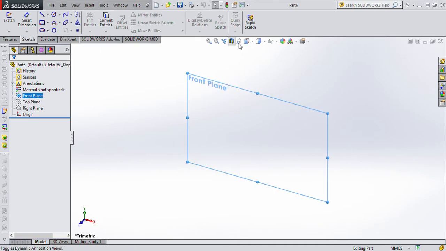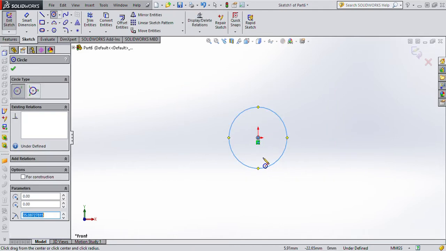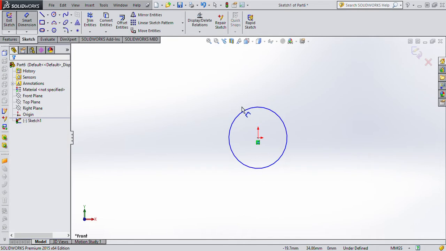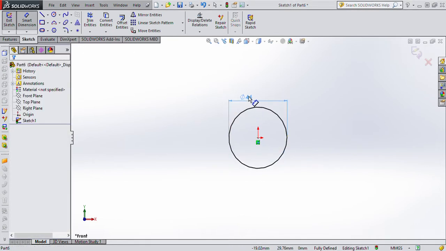Now let's continue in front plane, and we need a circle here. Radius of this circle is 22. It will be 44 on diameter. Okay,